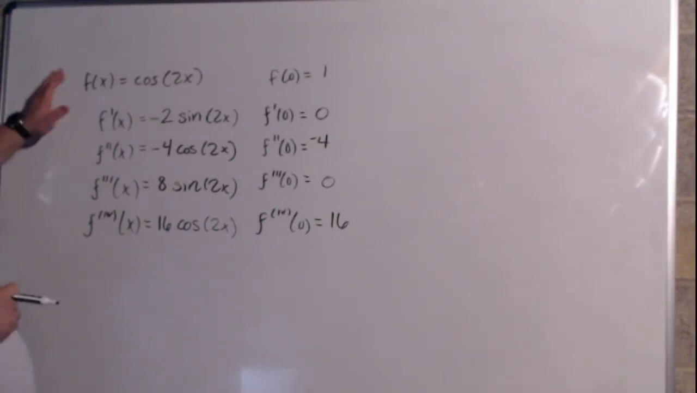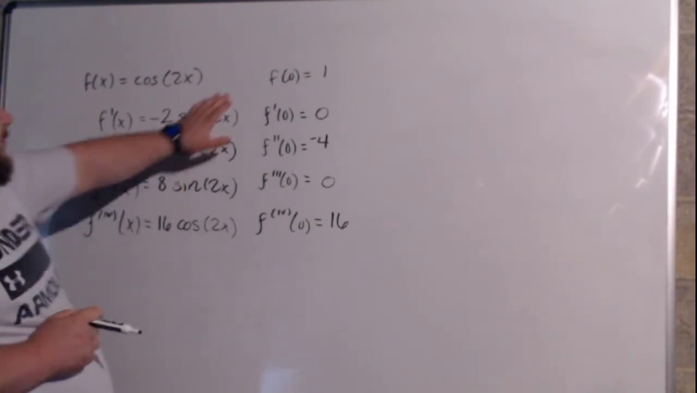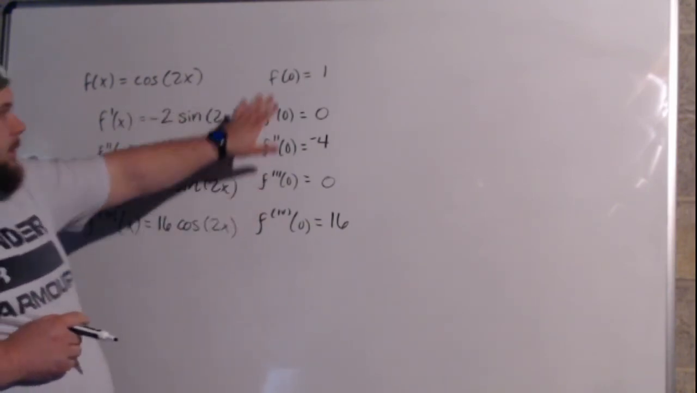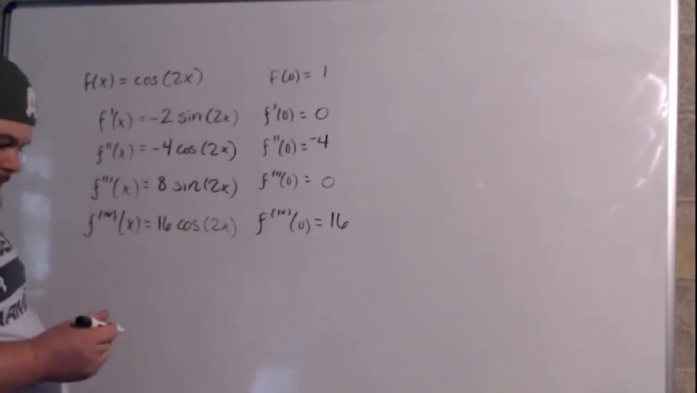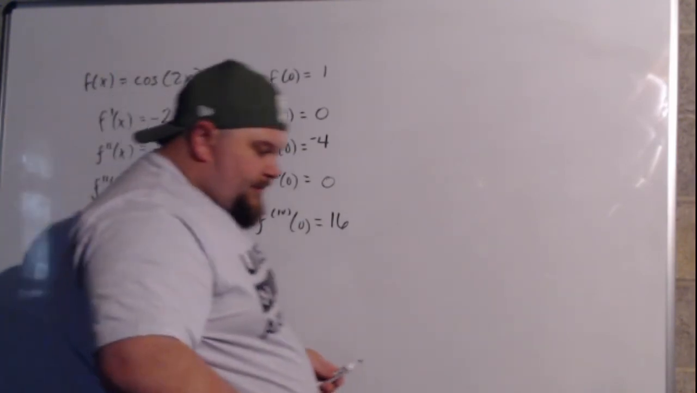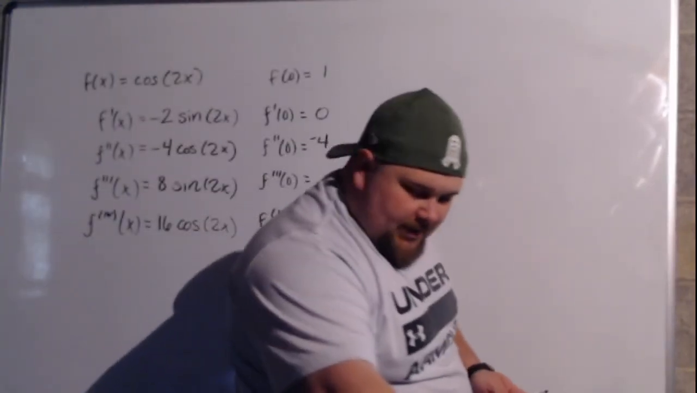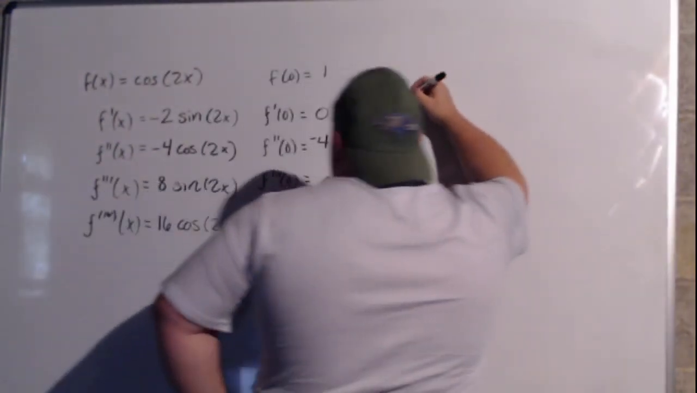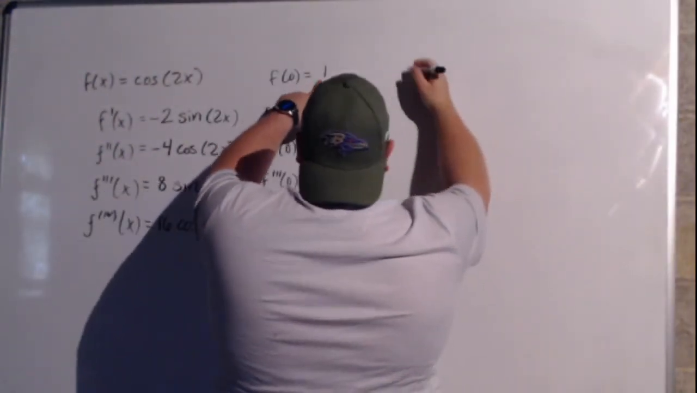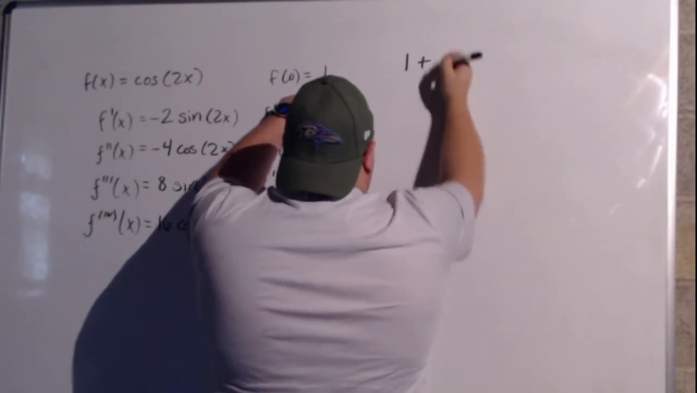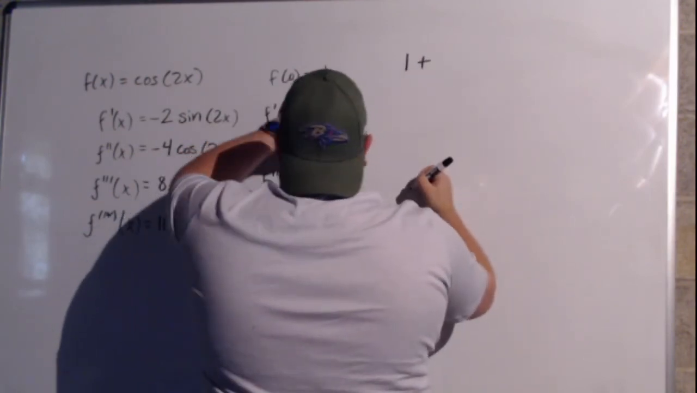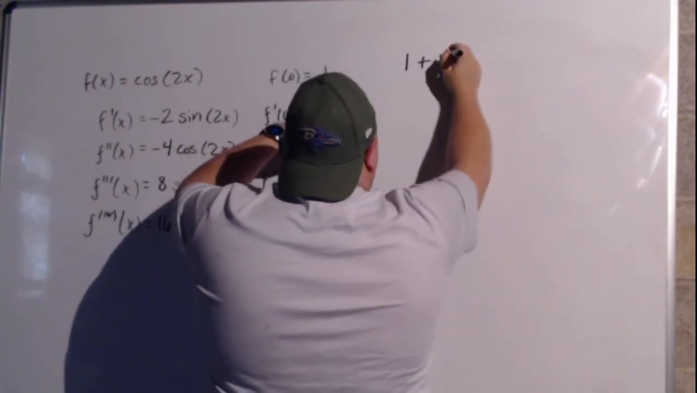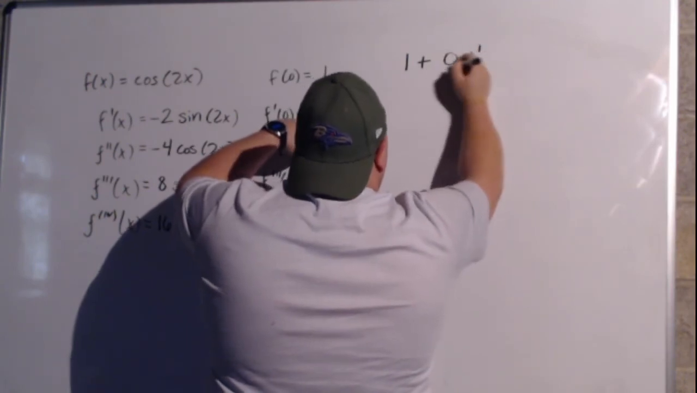Alright, so I took the derivatives. I've now plugged in 0 everywhere. These are my terms for my Maclaurin, or at least the derivatives. So I now need to start plugging in to the Maclaurin. Remember that the first term is just f of 0. The next term would be f prime times x to the first